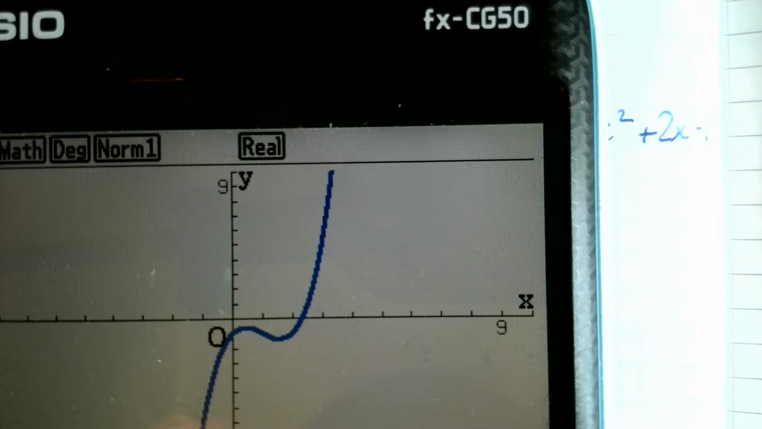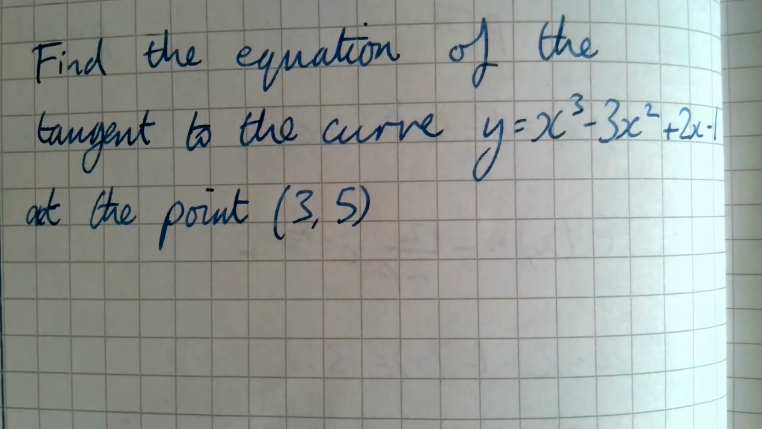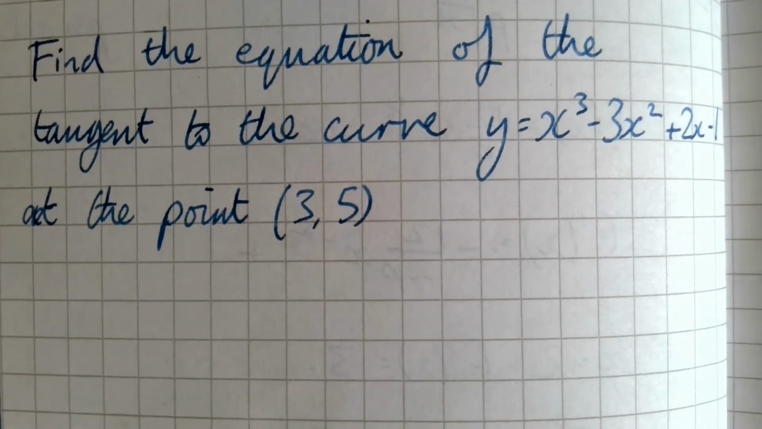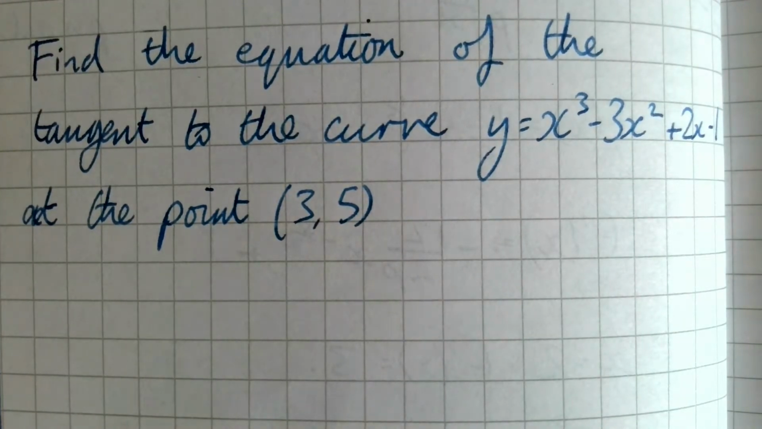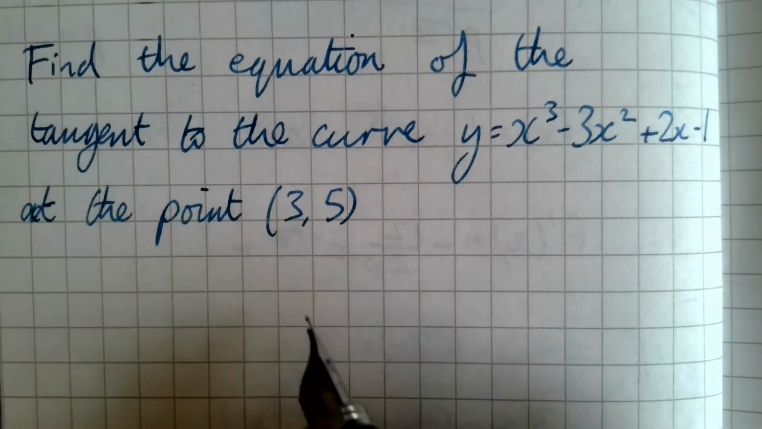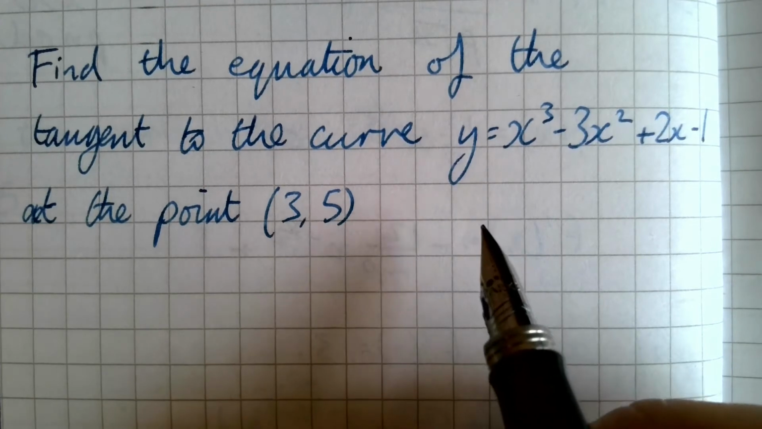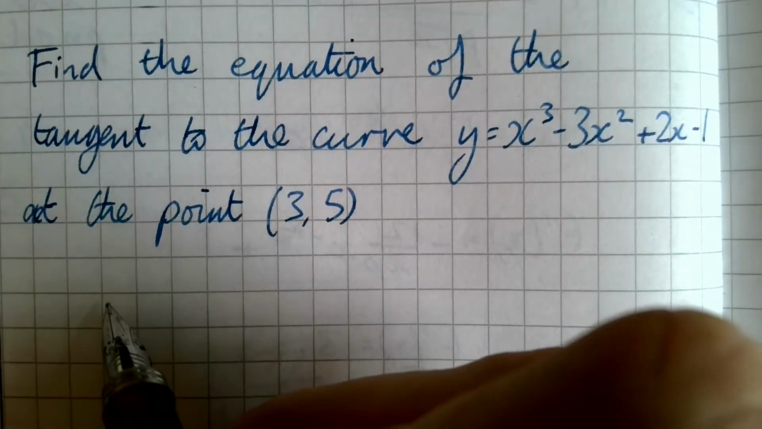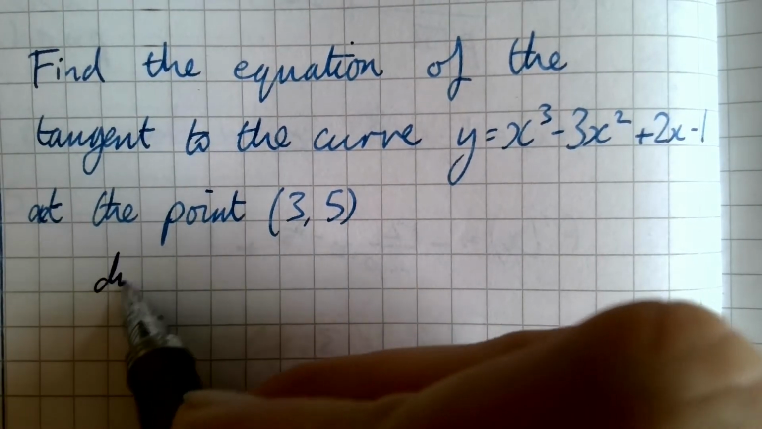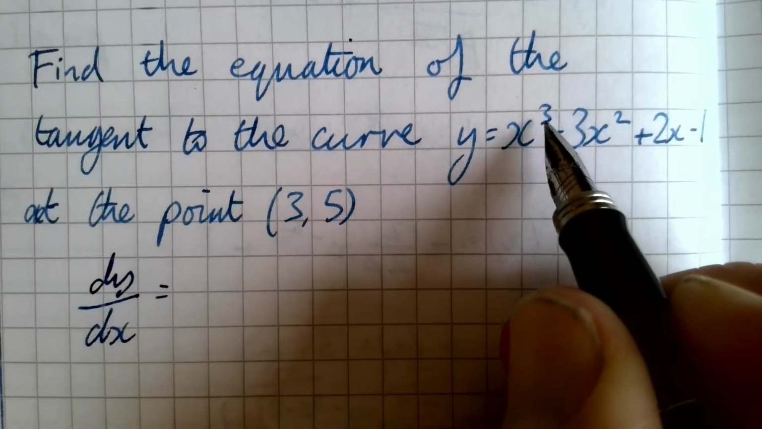And once we've got that, we can substitute in and find the plus c or minus c, as that looks like that's going to cross way below the x-axis. So let's get started. First thing to do is differentiate that. So we're going to have dy over dx is going to equal